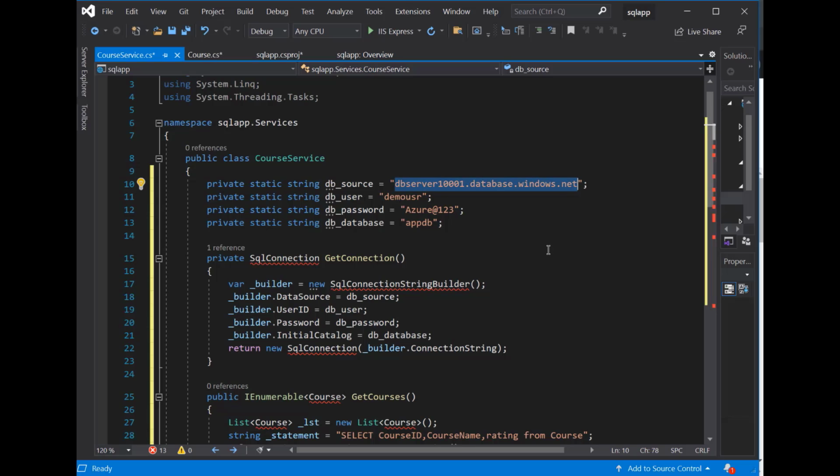Going back on to Visual Studio, let me replace it over here. Then I'll go ahead and mention the username and the password. So this is the password that I actually mentioned for the Azure SQL Database server. And this is the name of our database. Now I'm going ahead and making use of the SQL classes which are available to interact with